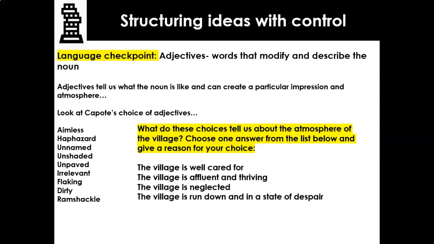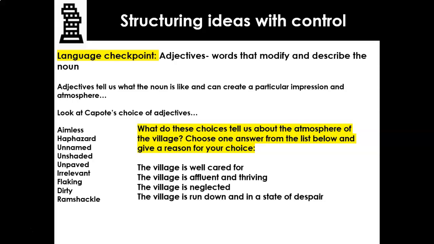Right, guys, which did you go for? Hopefully not well cared for, affluent, or thriving. Those are the non-examples. Affluent means that it's got a lot of money. If you had to look that word up, affluent's a lovely word. It suggests money. It's like a materially wealthy place. This is not an affluent place, and it's not thriving. Thriving means full of life and well cared for, looked after. So we can immediately not even need to worry about those two.